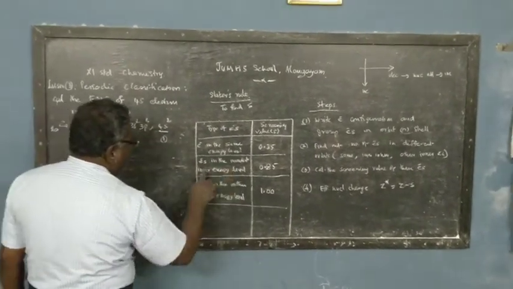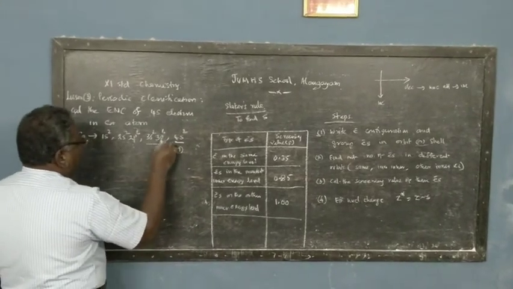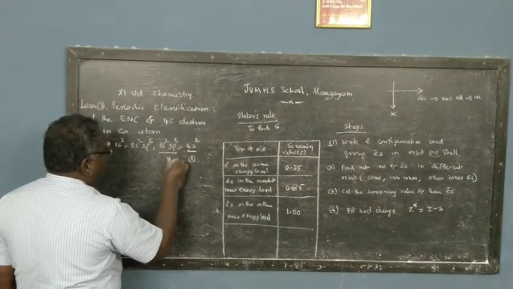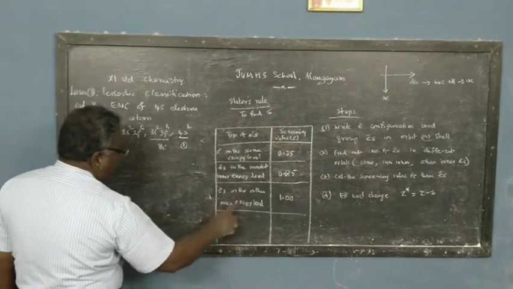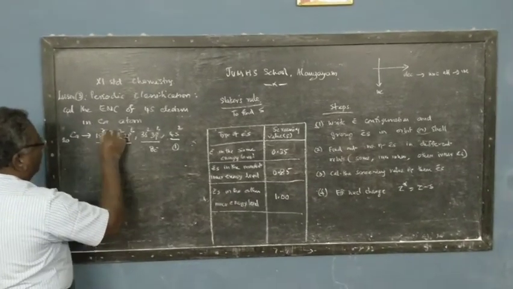Then the immediate inner level, how many electrons? 8 electrons, right? And the rest of the inner electrons we have got how much? 10,